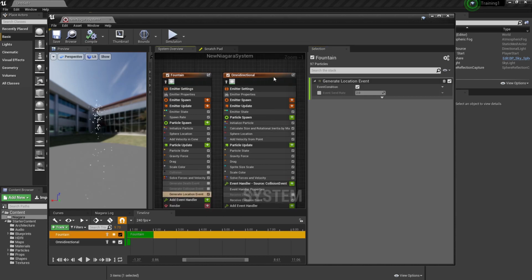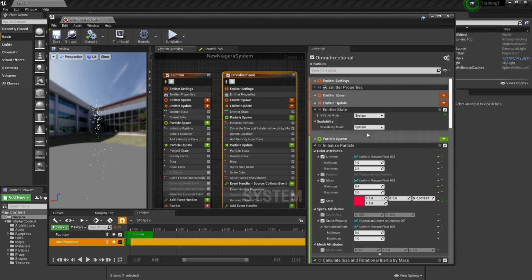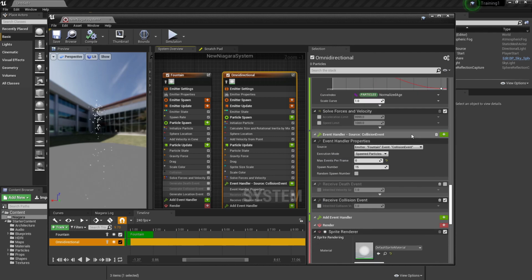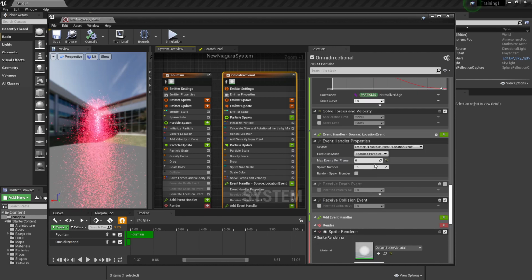Okay. In our omnidirectional thing, we have to receive that event. So we will go here, and instead of the collision event, we are going to receive the event. You can see something is going crazy here.